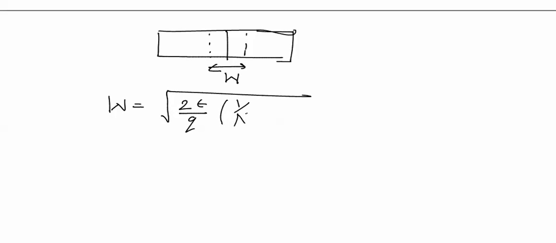The width of depletion layer in PN junction diode. Suppose this is a PN junction diode. In this PN junction diode, there will be a depletion layer in the junction, and the width of depletion layer is mathematically given by W equal to under root of 2 epsilon upon q into (1 upon Na plus 1 upon Nd) into V0,